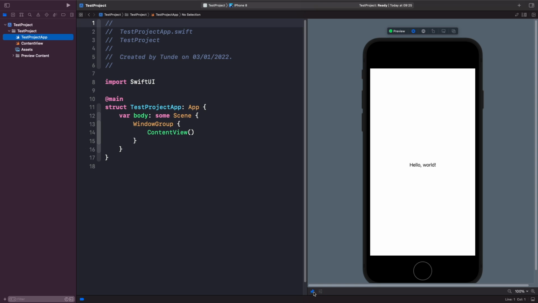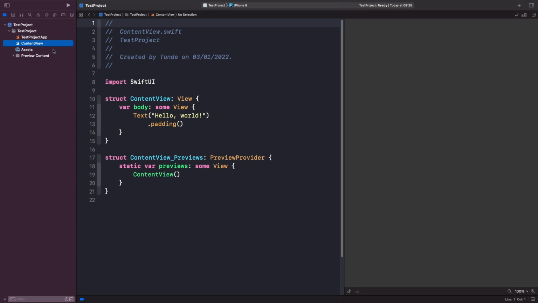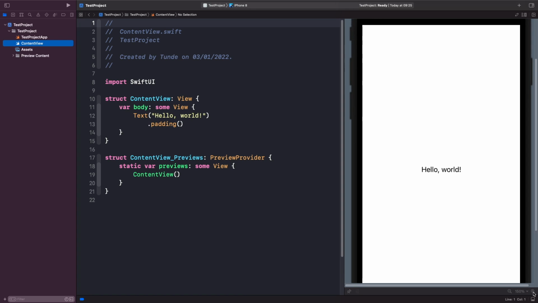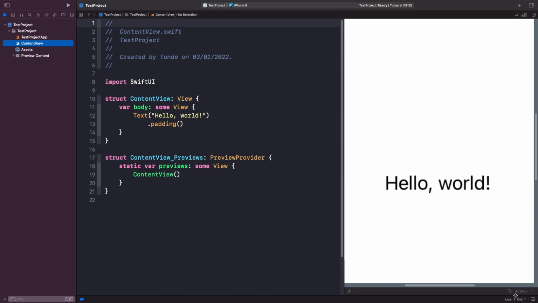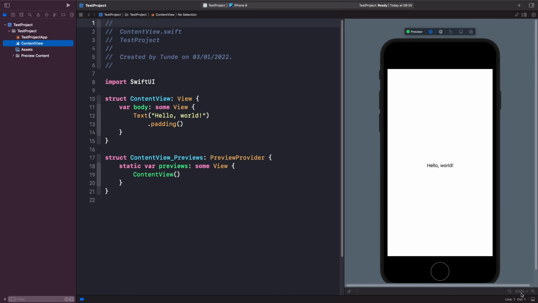And if I disable this and turn this off, you'll notice our preview canvas goes away. If we go back to our previews as well, you'll notice that in the bottom right hand corner, you're able to zoom in and out. So let's say you want to inspect the UI to see if something is pixel perfect, you're able to use the magnifying glasses to zoom in and view your views and also zoom out as well, like so. What you're also able to do is choose the number at the bottom here and